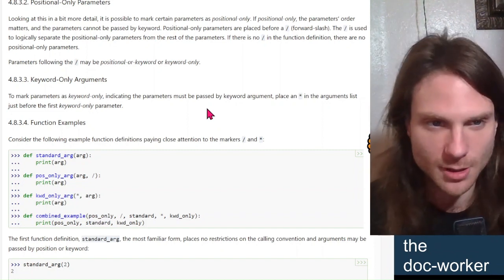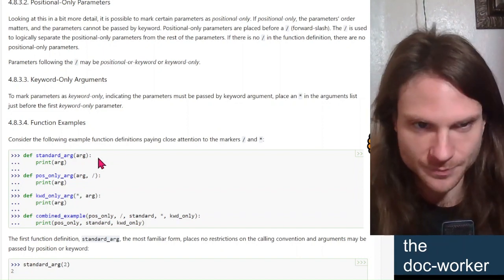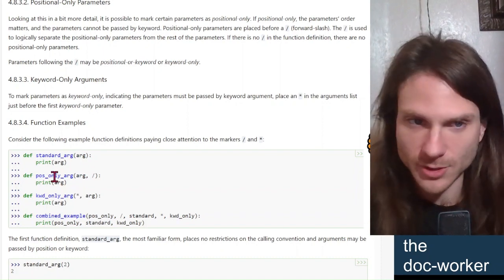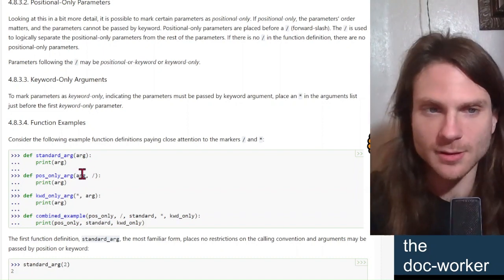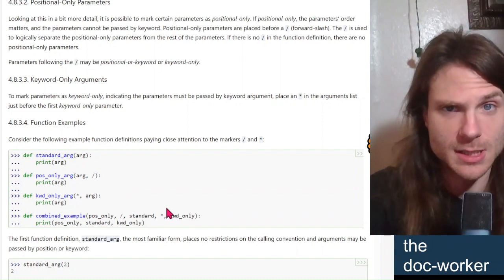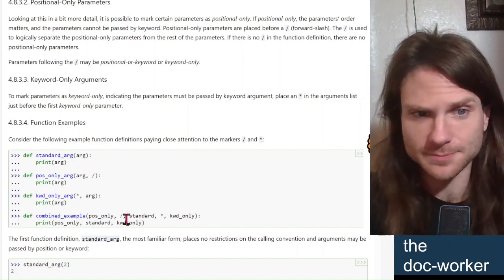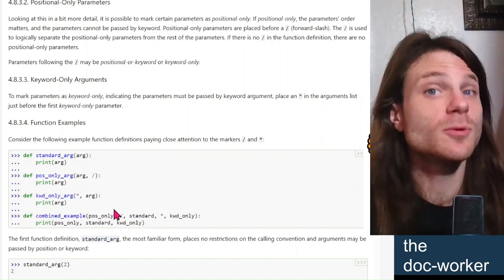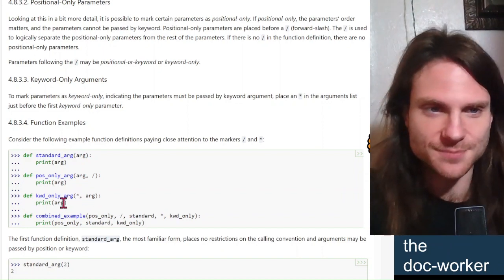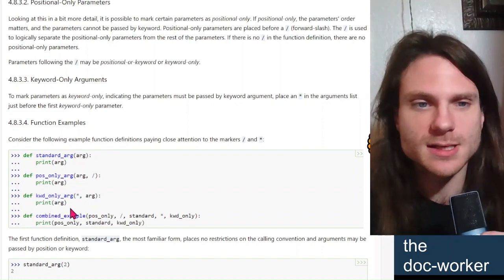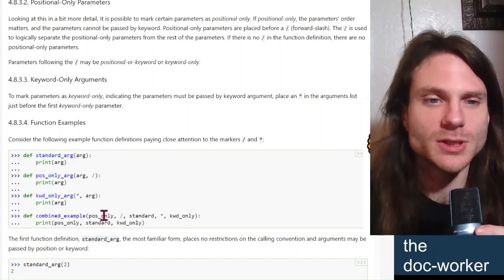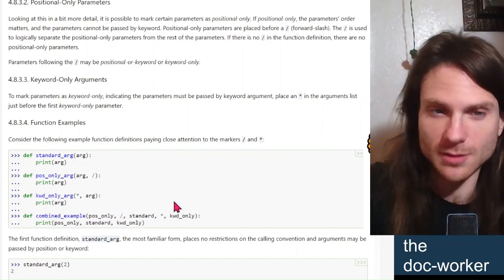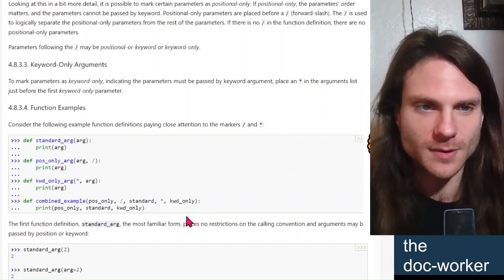You've got standard arg, the function, standard arg, it takes one arg and it prints arg. Got positional only arg, which takes an arg with a / after it when it's defining the parameters. Print arg. Got keyword only args with a star before it when defining the parameters. And we've got combined example, which takes pos only, followed by /, followed by standard, followed by the star, followed by keyword only. And therefore,